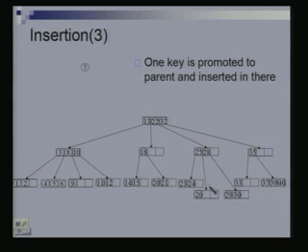So we have promoted one key to the parent and inserted that key here. We could insert the key into the parent because there was space in the parent. But it might happen that when I am trying to insert a key, the parent does not have any space. Then what do we do? We will split the parent. So let's see what happens when we try to insert 7. Okay, 7 is less than 13, so we have to go left.